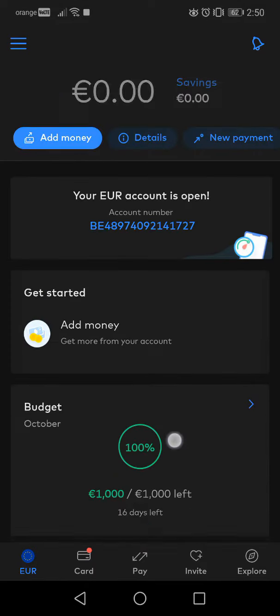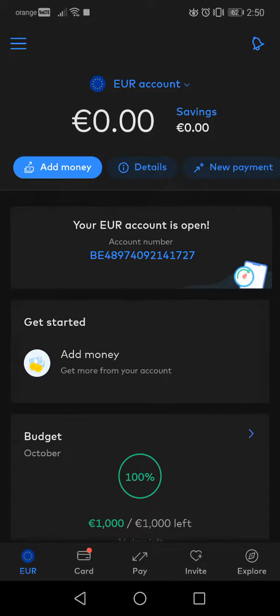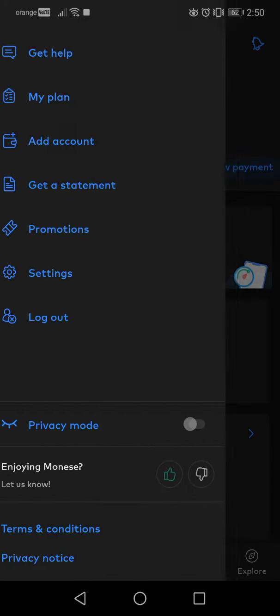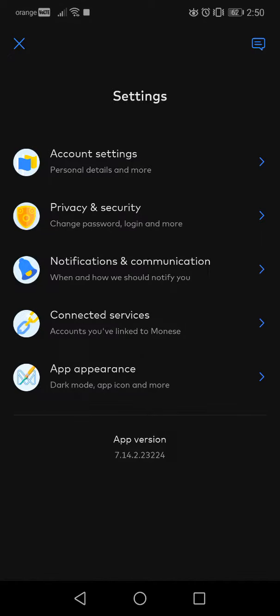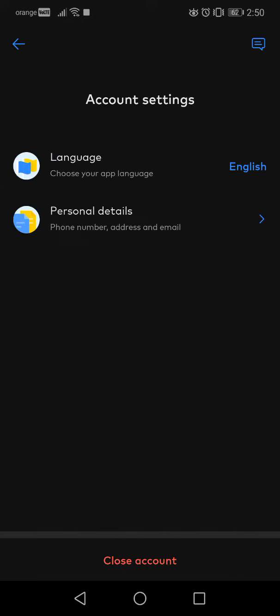So let's jump into it. First, open your Monese app, and then when you are in the app, you will have to go to the settings menu. And then here you will have to tap on the account settings, because now we are trying to delete our account. And then in the account settings on the bottom of the screen, you will see in red